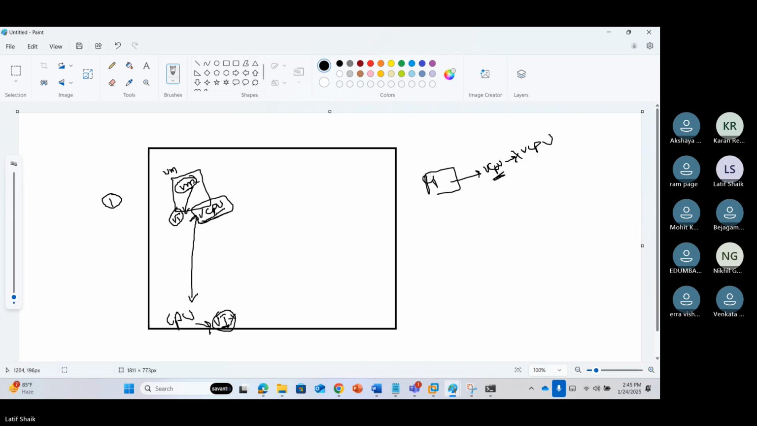Okay. From the physical CPU, a virtual CPU is created. But from a virtual CPU, you can't create another virtual CPU. It's difficult, right? So to do that, we are going to add